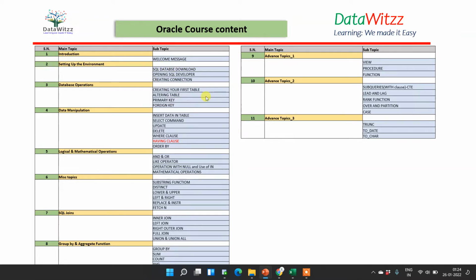set up an environment. By setting up an environment, I mean the SQL database, where we can download the SQL database from, then where we can download SQL Developer from, then how to create a connection to the database through SQL Developer. After creating the connection, we will start with the creation of the table, altering the table, understanding primary and foreign keys. Then after, the data manipulation part, which will include how to insert data, the select command, how to delete values